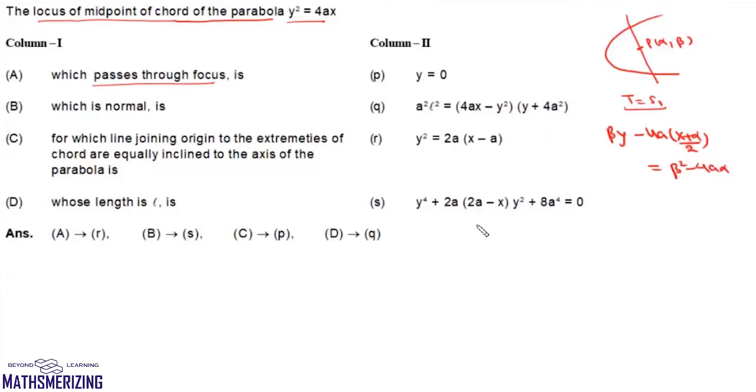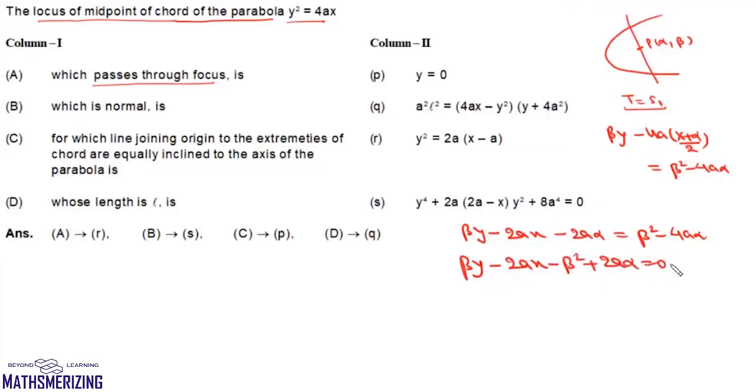We can write this equation as beta y minus 2ax minus 2a alpha equals beta square minus 4a alpha, or beta y minus 2ax